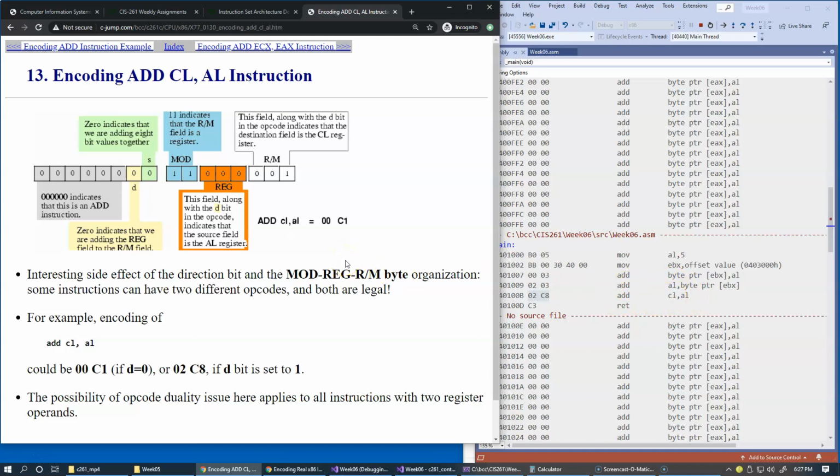Now, because the source and destination can be swapped between the mode RM and reg field, and because the D can also be swapped, this same instruction can be encoded this way, 00C1. It is just that our assembler chose to encode it as 02C8. But let's